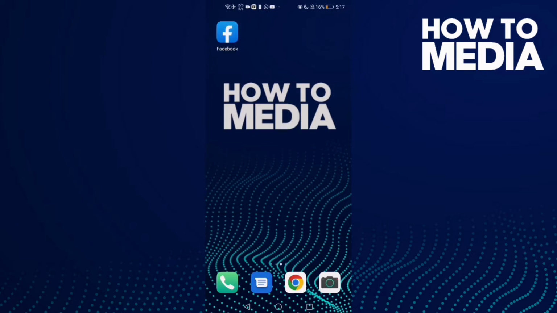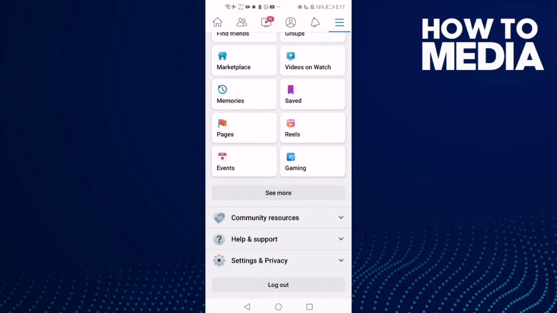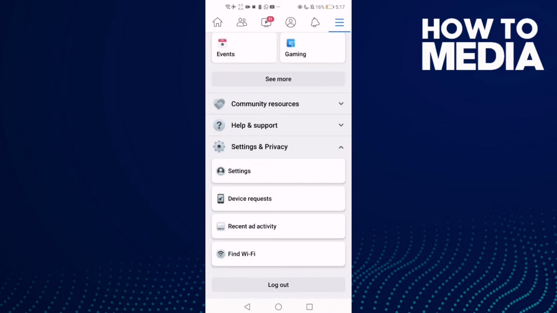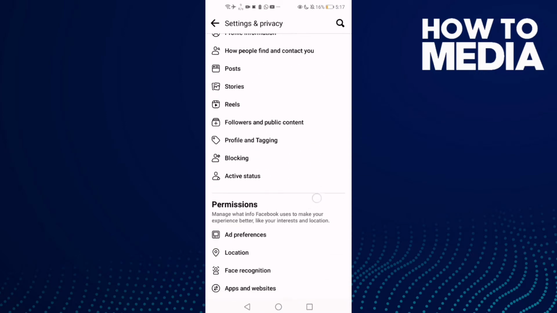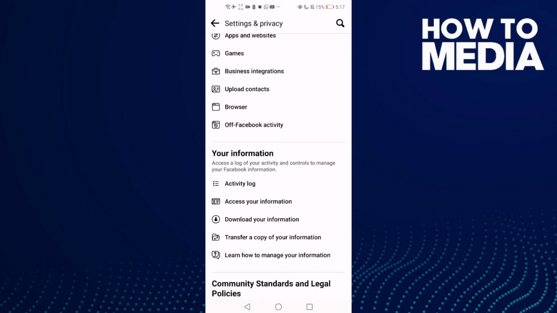Firstly, go to Facebook and now click these three lines here in the top corner and go down, click Settings and Privacy, and then click Settings, and here you just need to find this one, Activity Log. Click on it